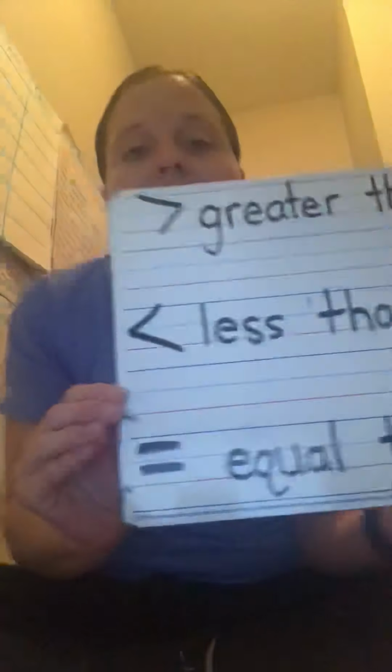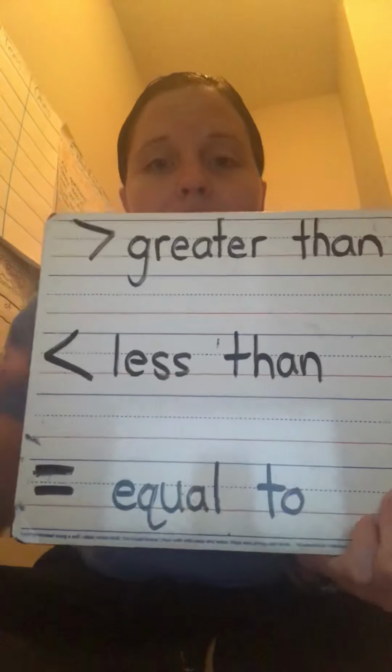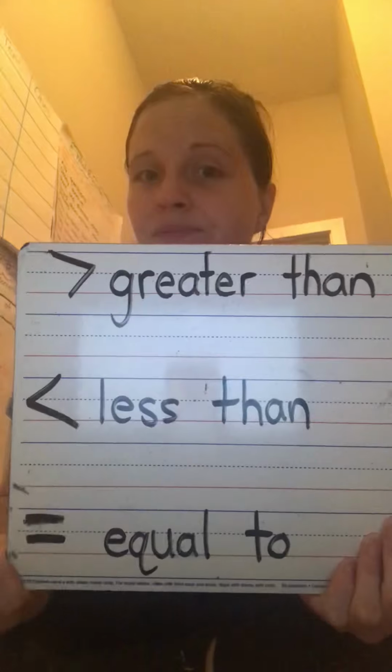We do have equal to, and that's when the numbers are what? The same. What else? What are our other two ones? Greater than, so the number is bigger, and what's the opposite of the greater than, the bigger one? Right, less than. So these are our three symbols that we've been working with. Greater than, less than, equal to. And remember, the mouth wants to eat which number? Right, the bigger number. All right, so let's do a couple review problems and then we'll get started in our